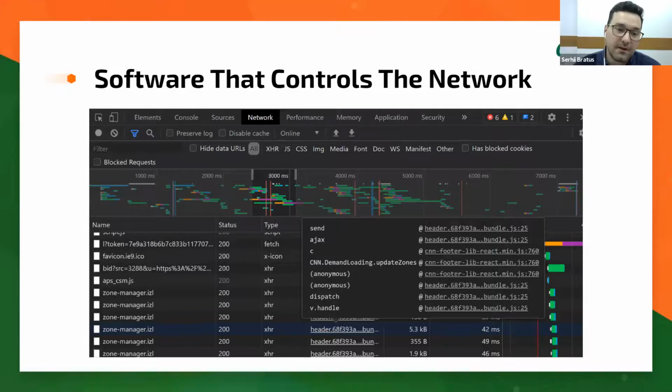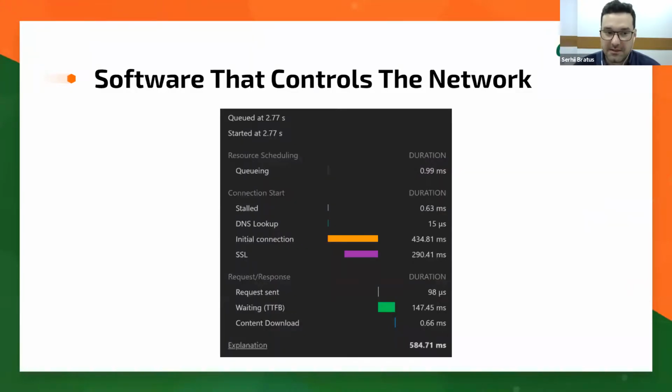And if you open each of those things, you'll see the time that was spent for doing the initial connection, the time that was spent for SSL handshake, and a very interesting field is TTFB, the green one, which means time to first byte. This timing includes one round trip of latency and the time that the server spends to actually send the data